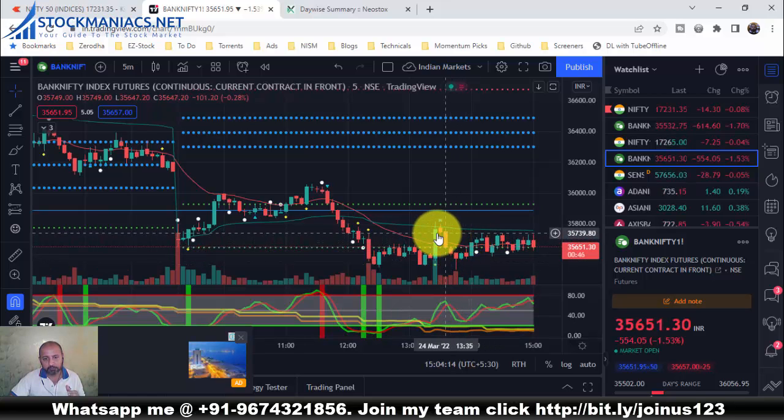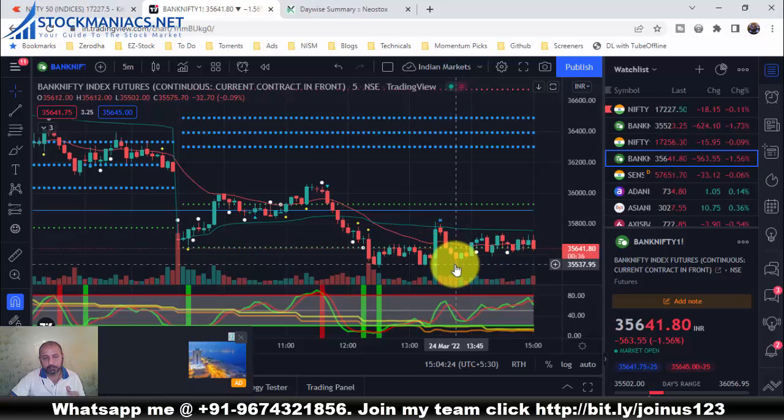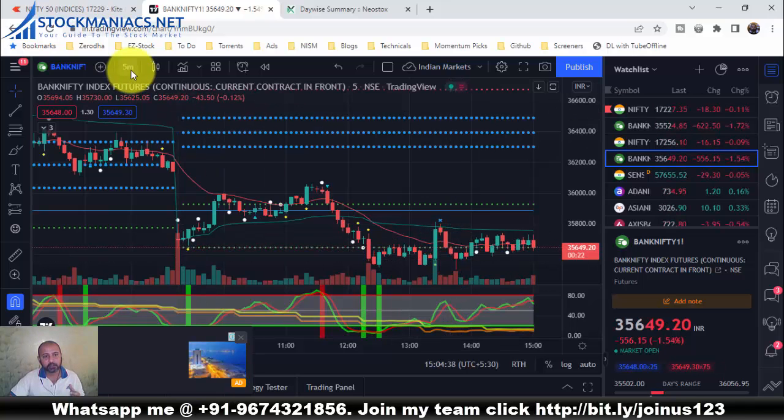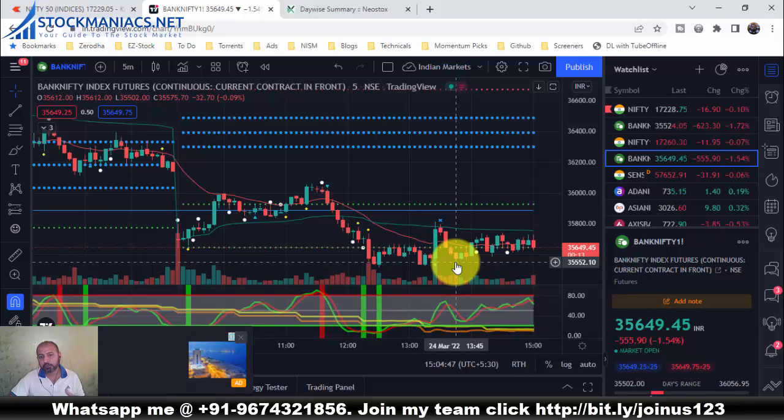So you can see the low of the Harami was at, let us find the low, it was 35,724, and from there within 1, 2, 3 candles you can see the next low, that was 35,500. So 724 to 502. So there was a fall of 220 points in only 3 candles. So these are 5 minutes time frame candles. So within only 15 minutes, once the low of the Harami got broken, you got a fall of